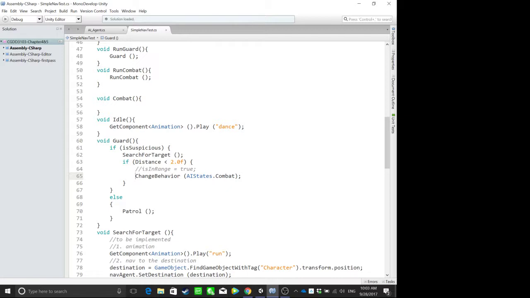So it means when it is suspicious, when it's worried about something, and when it has searched for the target, it starts to fight against the target. So this combat here is given those preconditions. So what you need to do in this combat